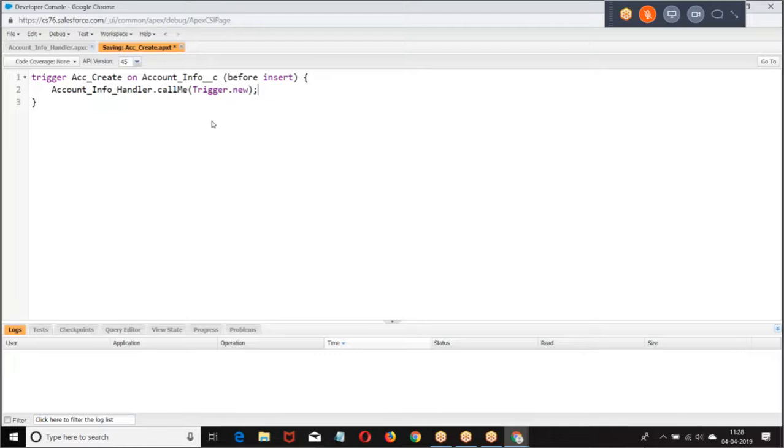This is how we do it. We are calling a class with a method and passing trigger dot, invoking a method call from the trigger.